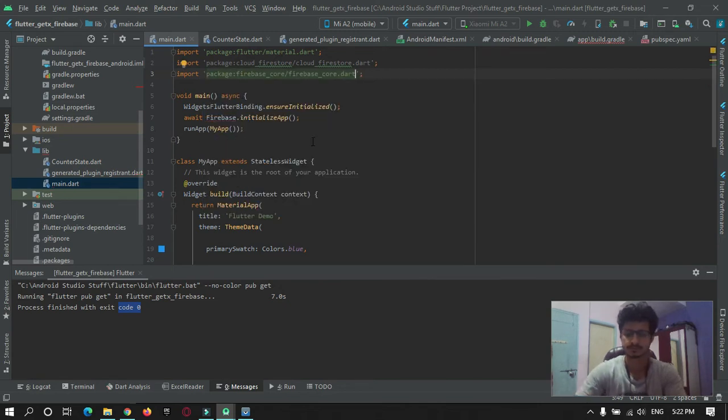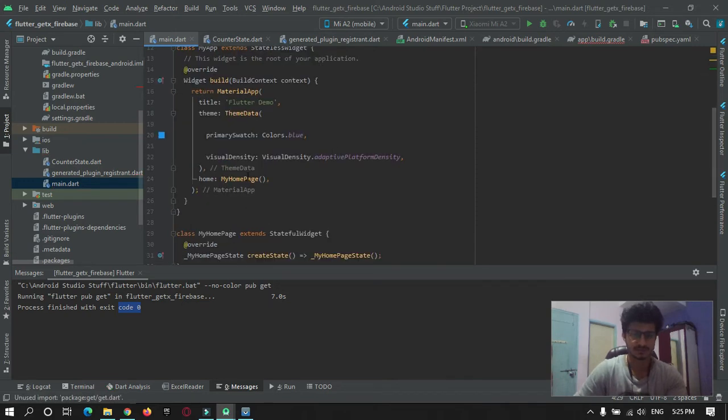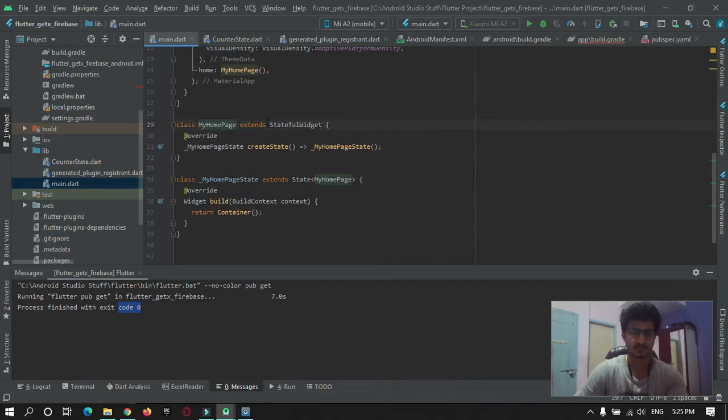Then also import the get package, get dot dart.